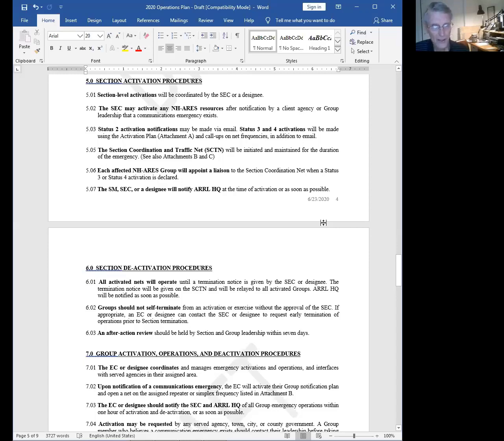The activation procedures, I think we need to visit again and think about this, because really the only thing we've had for years formally is the call tree. And as we've discovered over time, that becomes problematic because people are not really good about updating us on their information. I'll put out a call system update, and then a week later I'll get, oh, by the way, 4 of my guys have changed. I've got to do it all over again. It's not really helpful, but we may want to think about making email via the group the first alert.